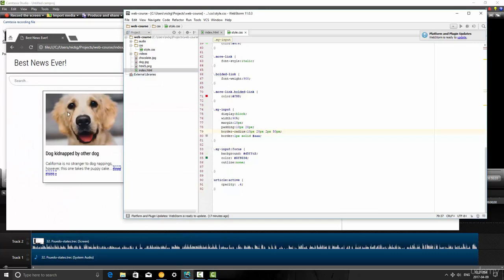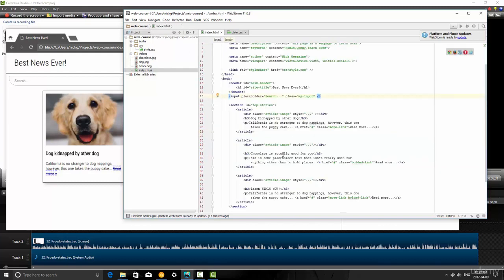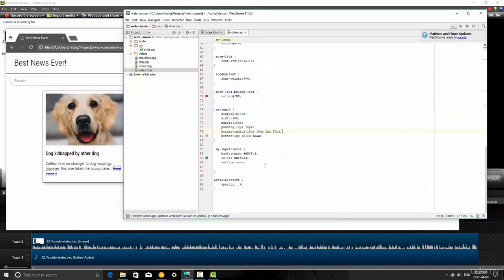We're going to use the image there. So you can set each corner to have its own border radius property, and you can set 2 values if you're doing it that way. So the image right here, I need to go find out how we should target that. It's not an image, it's a class of article image right there. So I'm going to jump over to my style sheet and target the class